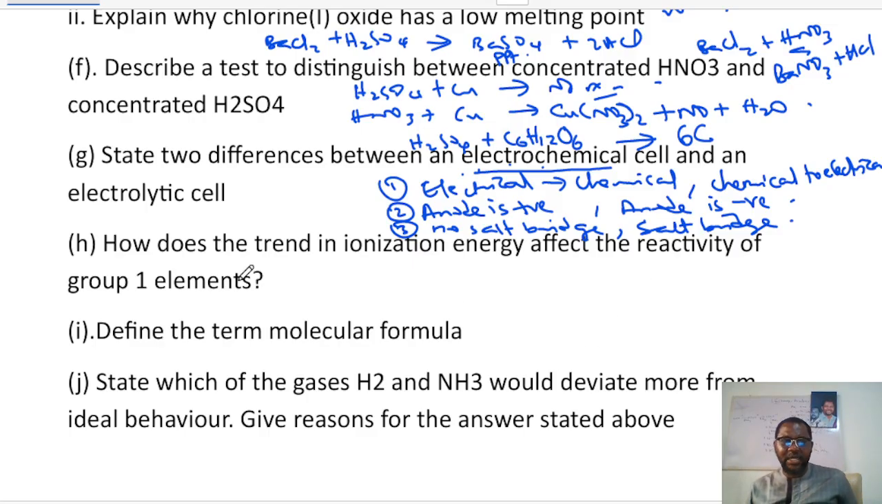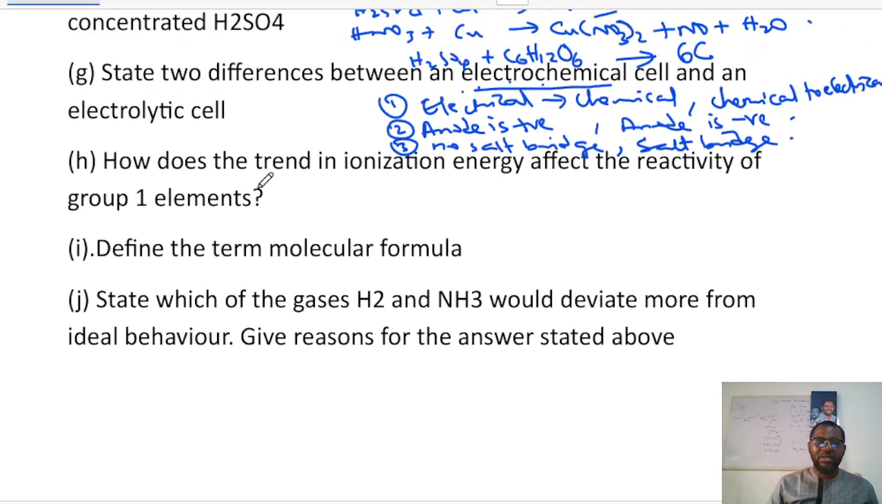Now this says, how does the trend of ionization energy affect the reactivity of group 1 elements? Now remember, we said that ionization energy is the energy required to remove a valence electron from an atom. And I also said that generally speaking, ionization energy increases across the period but decreases down the group. That means as you go down the group,